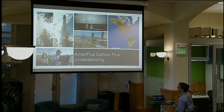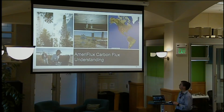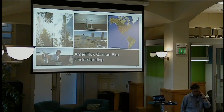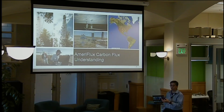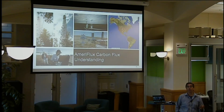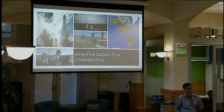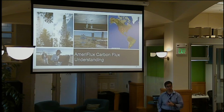So I bring this project up first. I'm going to run through really quickly a couple of the projects that I work on within the earth sciences to give you some of the background of the types of projects. So Ameriflux is a carbon flux network. What makes Ameriflux very interesting is not that it has any one site where people are measuring carbon flux. It's that we know for sure there's at least 350 sites just in the Americas measuring carbon flux, and it's probably about 1,000 sites now around the world where the same measurements are taking place,